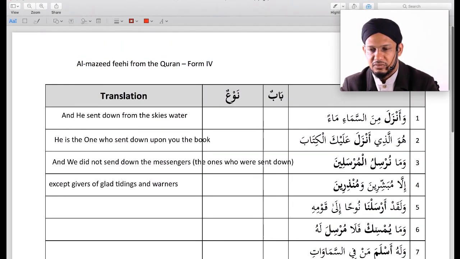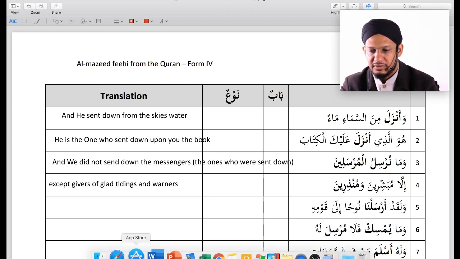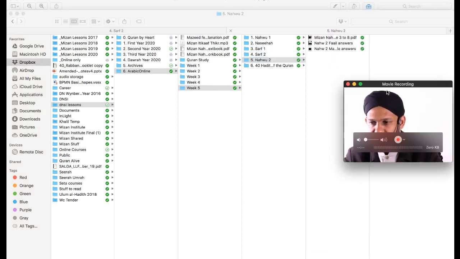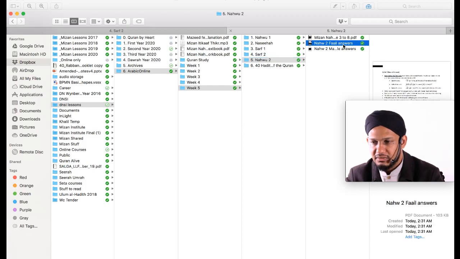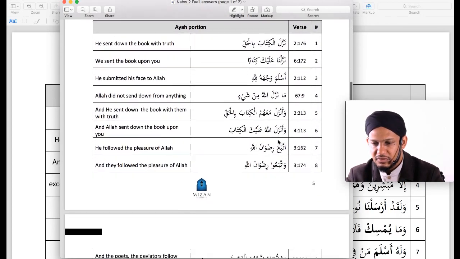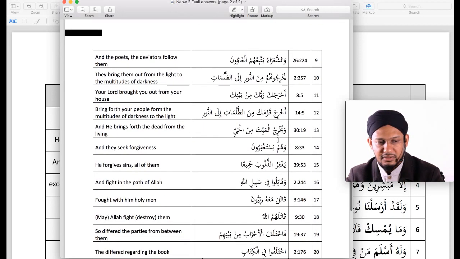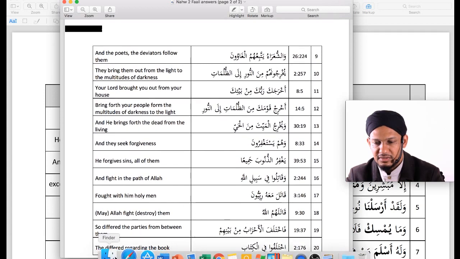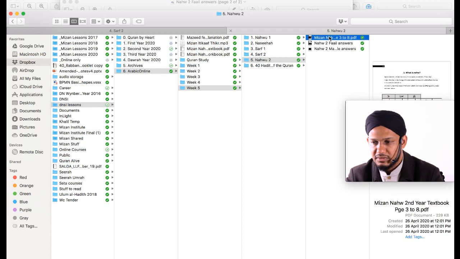Your homework is to do scale number 4 for homework. And then for Nahwu, what we've done there is I've put the answers here. I don't think I'm going to go through the answers now. So the answers are on your shared drive. You can mark it for homework, and if you have any questions, you're welcome to ask me for the answers on those questions. What we did for Nahwu also was,